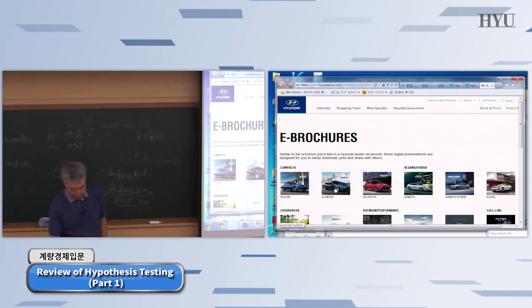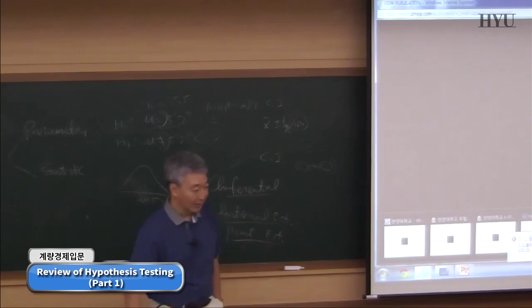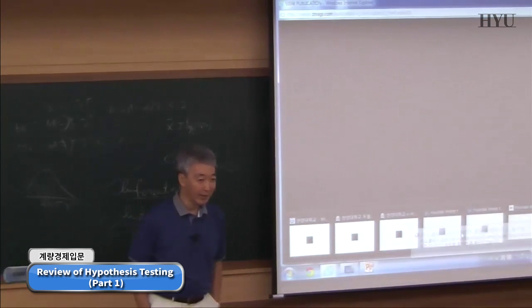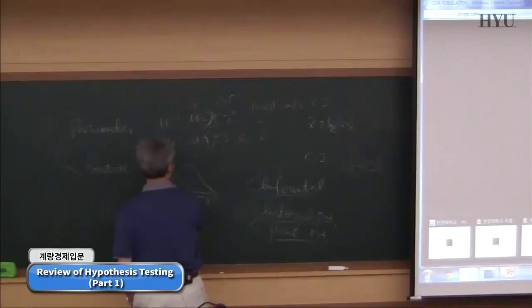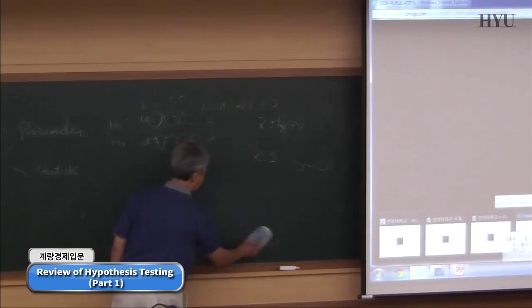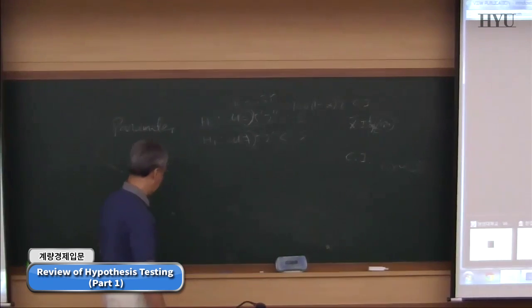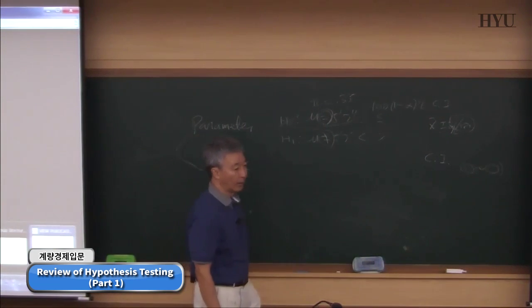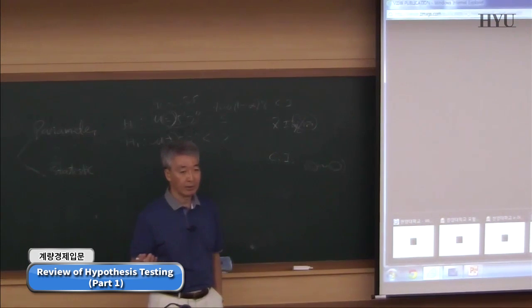But this is the new brochure for the 2016 model. Anyway, I see that they changed their claim from 40 miles per gallon to 38 miles per gallon. So what could have been happening? If the EPA in the United States, the Environmental Protection Agency, wants to provide evidence that Hyundai and Kia's claim is overstated, then